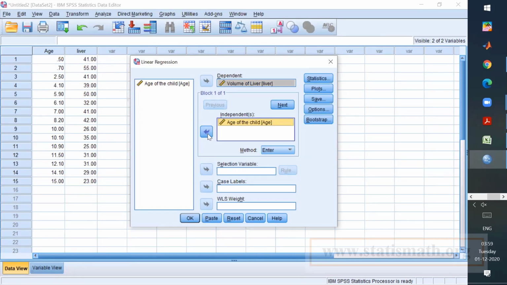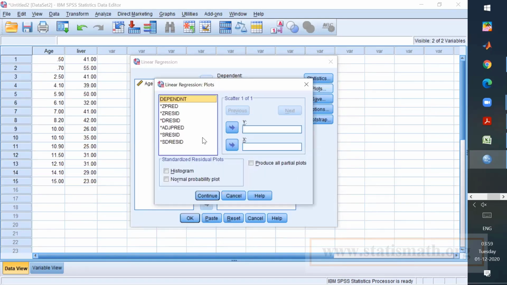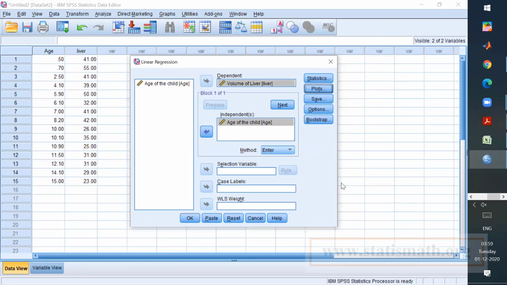You don't need to do anything unless you want the plots, scatter plots. Okay, just leave it. We can draw the graph in some other place.